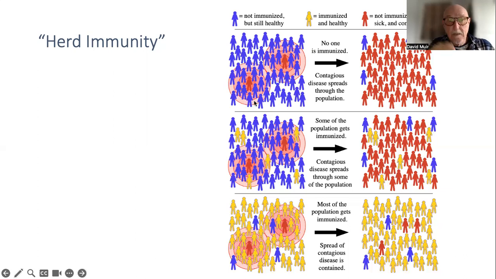No one is immunized. Nobody has either had the disease or ever been vaccinated, and a brand new disease arrives in that population. This would be very like COVID-19 arriving in the population of the United States or wherever. They begin to spread the disease because no one is immune. It can be spread from host to host very rapidly, and very soon it will spread through most of the population. But you may have a few people who are naturally resistant to the disease who survive without being